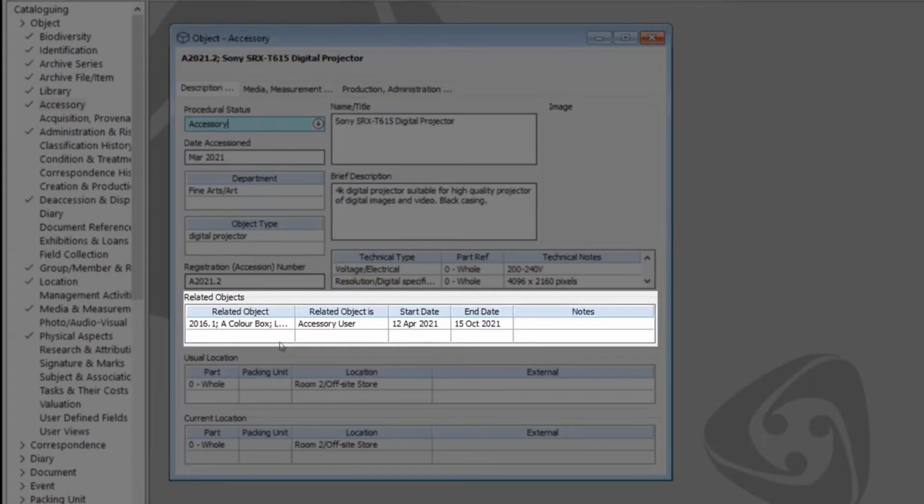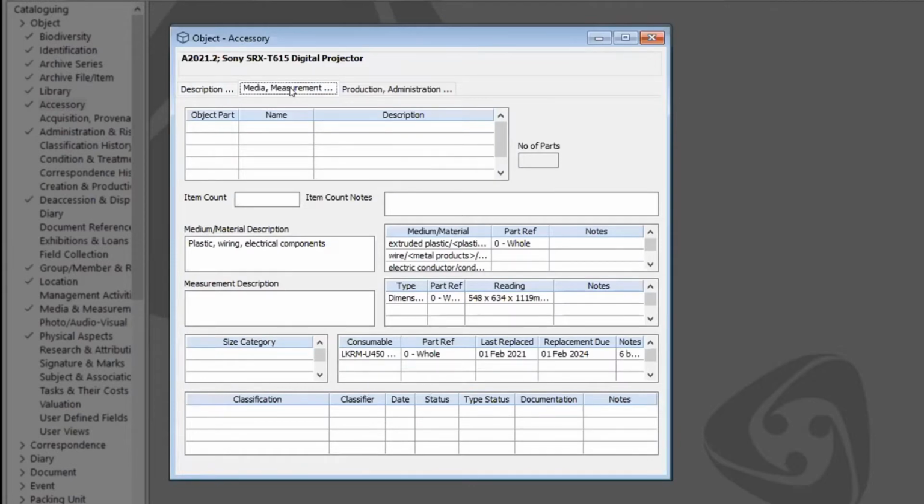This version extends the relationship table, so as well as relating two different objects together, you can also start giving a history and say what dates those particular things were related. So this projector was in use for a particular digital artwork for the range of dates that I've noted there.